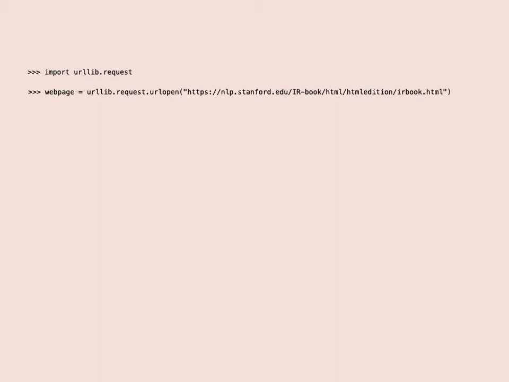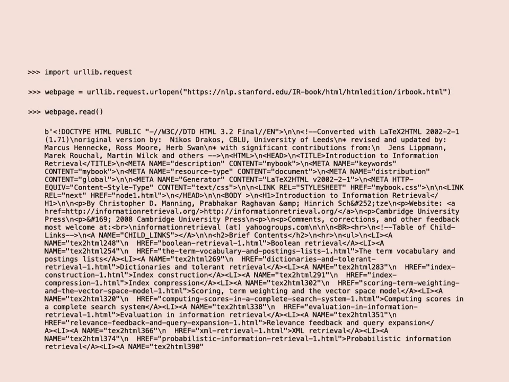So it can open the web page for this document that we just saw, right? I save that into a webpage variable, and now I can call webpage.read. What do you think is going to come out? The HTML. We've just done the same thing that every web browser in the world does when it says, "Hey, yo, I need to render this page. Give me the code." This is ugly as sin. We can't make much heads or tails of a lot of it, but that's only because it's removed all the white space. If we clean it up,